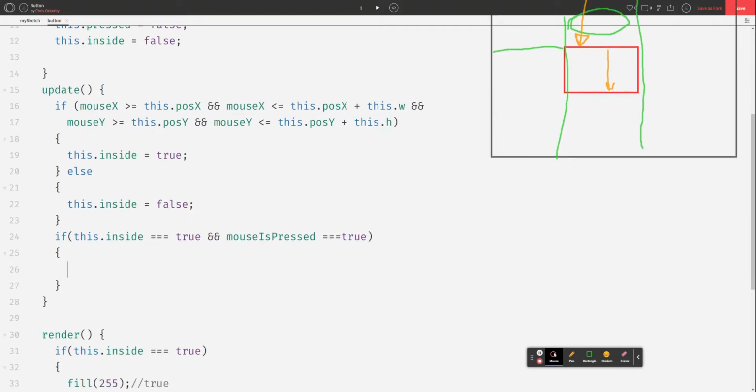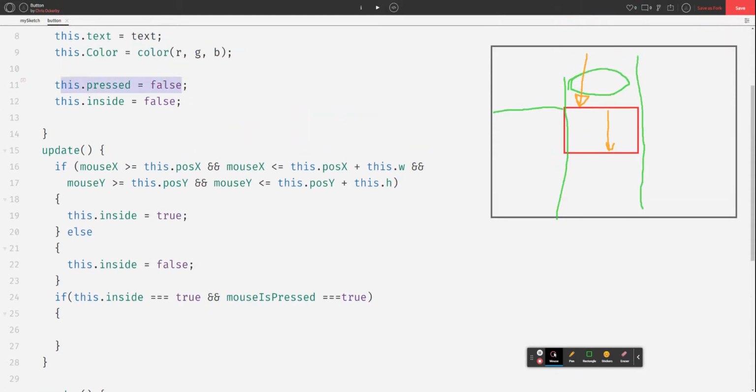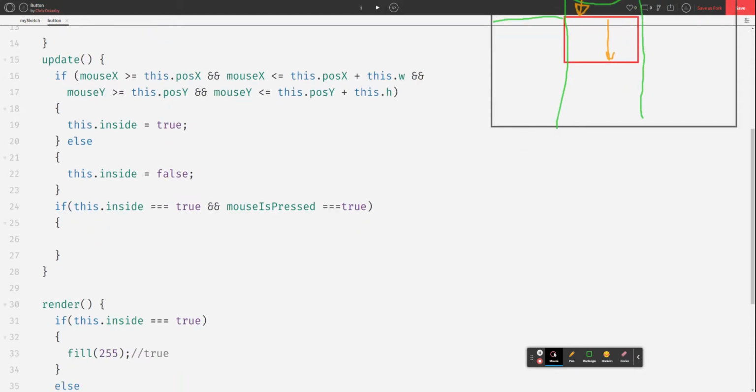And we're going to put some brackets in here. So if it is pressed, we're going to change our variable called this pressed. It's currently false. If this is true, so that we're inside our square and the mouse button is pressed, it doesn't matter what mouse button at the moment, then we want this pressed